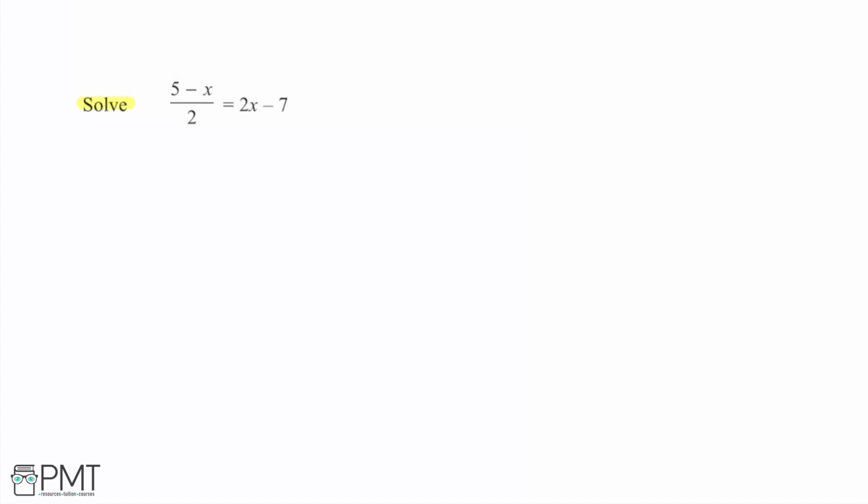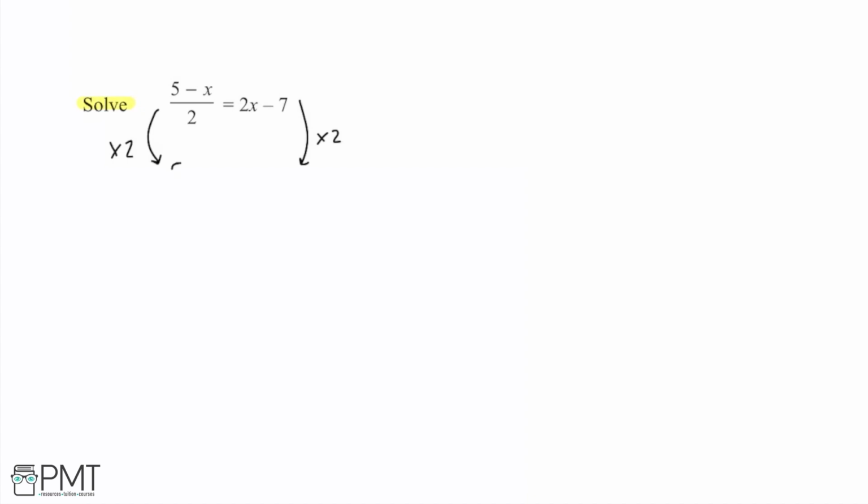So when I'm working with something like this, I like to see where it's easiest to start and what I can do in order to collect some terms together. When I have a fraction, which I have over this side, I've got something divided by 2 here. Now it's going to make sense if I start off by multiplying both sides by 2 in order to get rid of this denominator that we have here. So if I multiply both sides by 2,